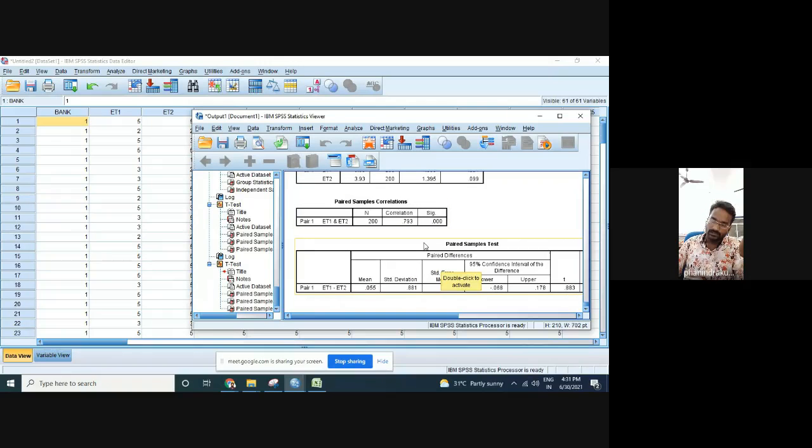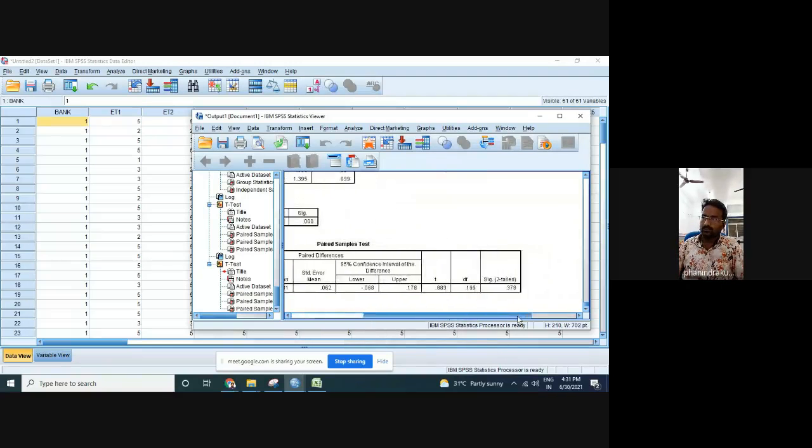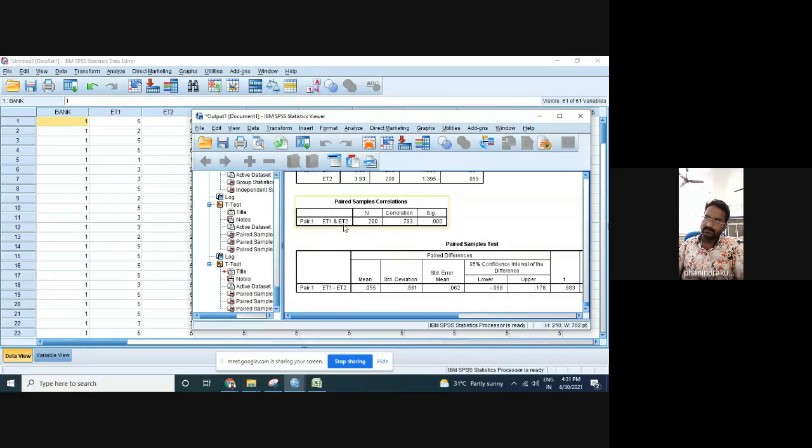Here also we got significance less than 0.05. Then we can accept the null hypothesis. That is, no significant differences between the two types of responses you have paired, ET1 and ET2. No such differences are there. This is what you are going to see in the paired t-test and also the independent t-test.